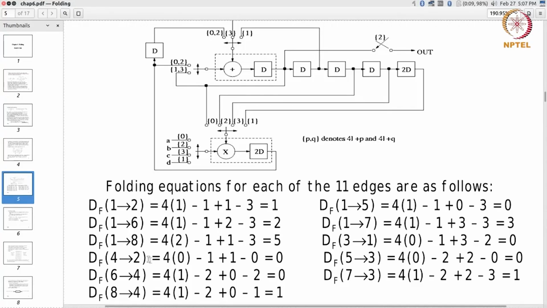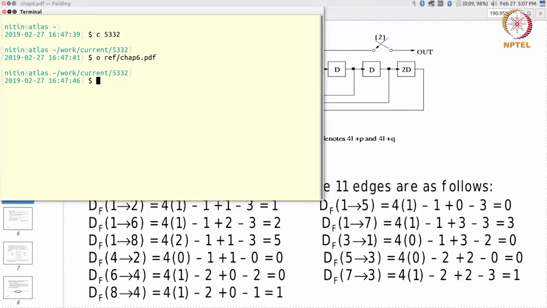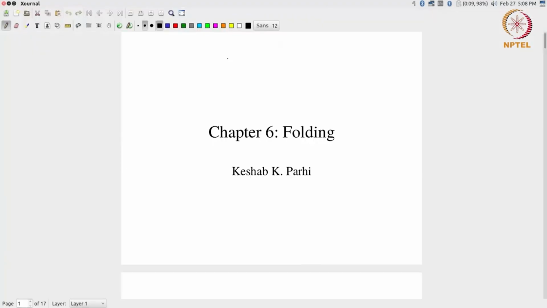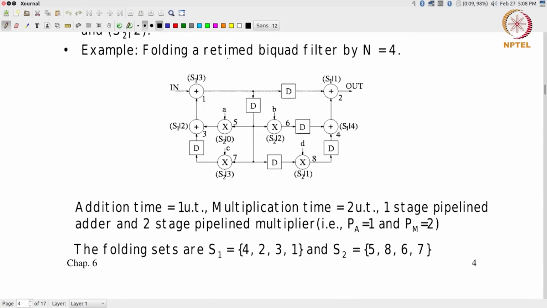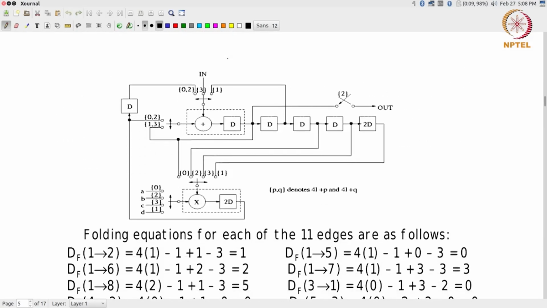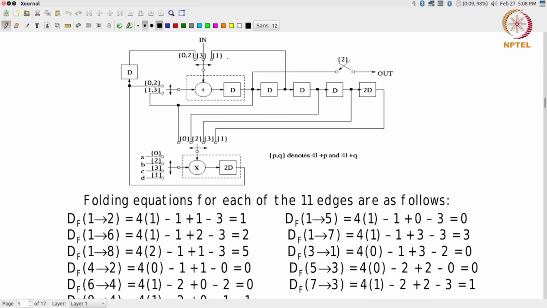How do you translate that into a hardware architecture? What's shown on top is basically what the hardware architecture looks like. So what we can see over here is that,